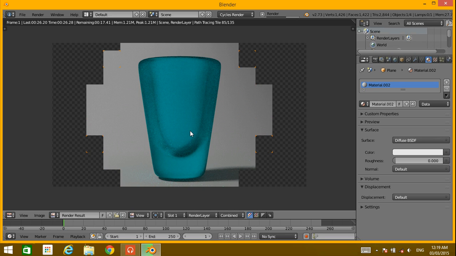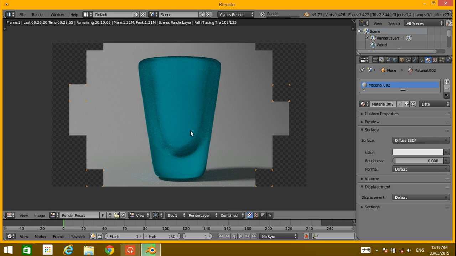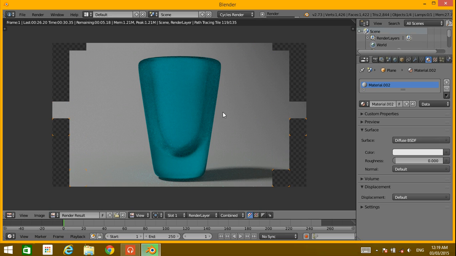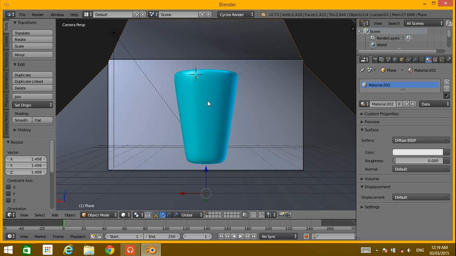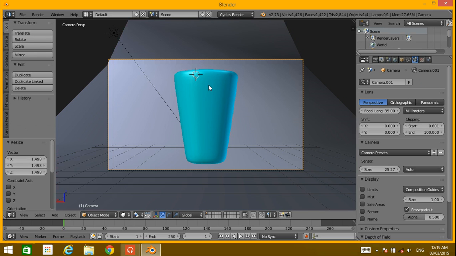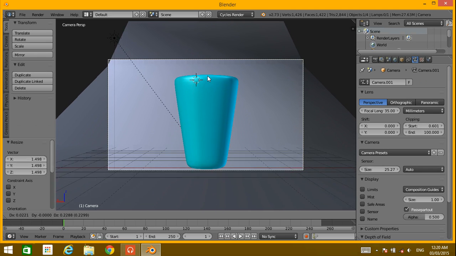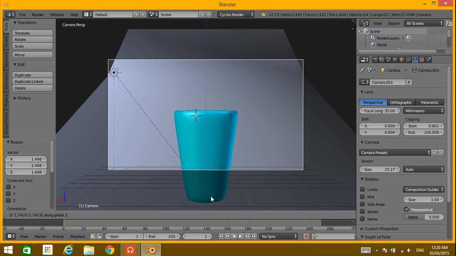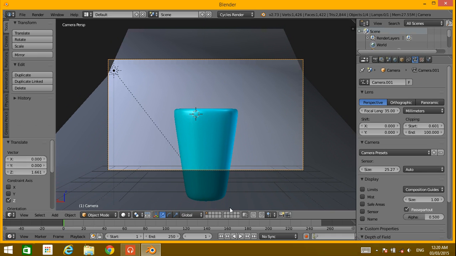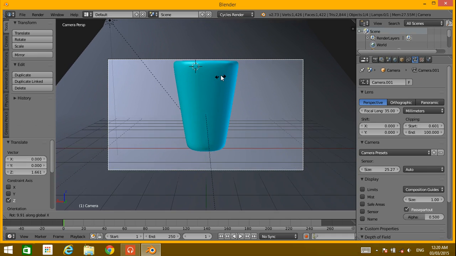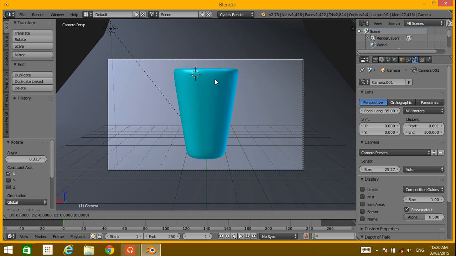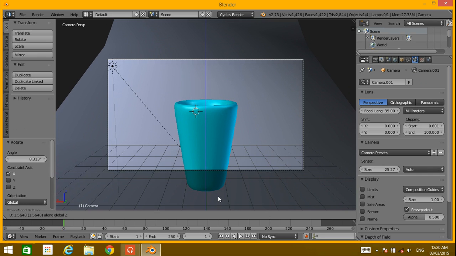Okay, it looks better, I think. So escape and select the camera, G for grab it up a little bit, Z direction, and rotate it. Yeah, grab it in the Z direction a little bit, rotate it.